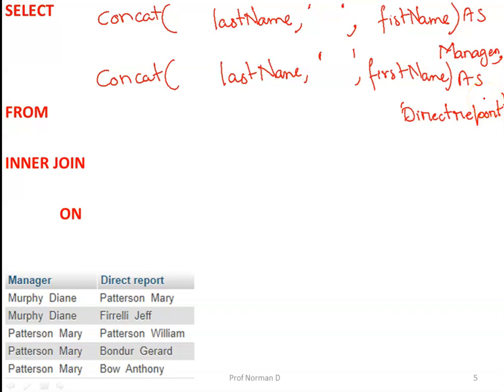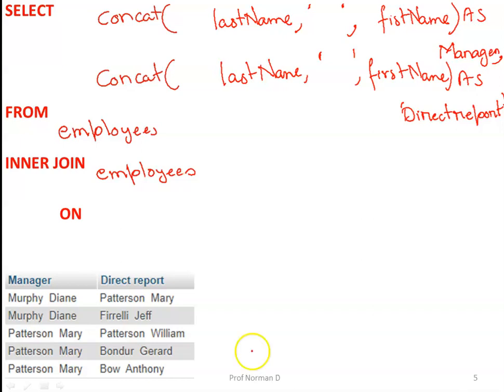Okay. From which table? I gather this information from the employees table. The manager information I get from the employees table, and direct reports also I get from the employees table. So inner join the employees table. Now if I go with these names, it will give me an error.